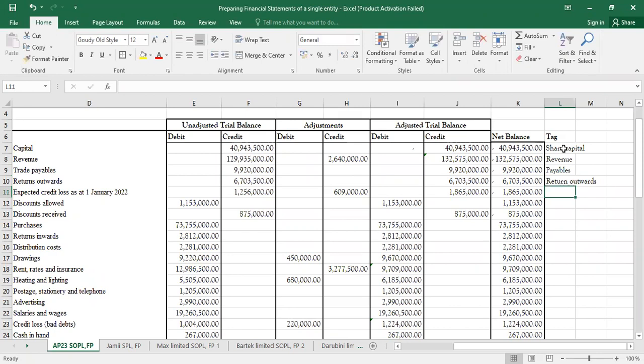Then expected credit loss. This one, I'll call it allowance for doubtful debts. In other terms, it's the same thing. And today's class, I think it's very perfect because there is no negative comment. Actually, we've devised a method that we'll be using. So discount allowed, isn't it? We allowed our customer a discount, so it becomes like an expense, in simple terms, isn't it? So I'll call it